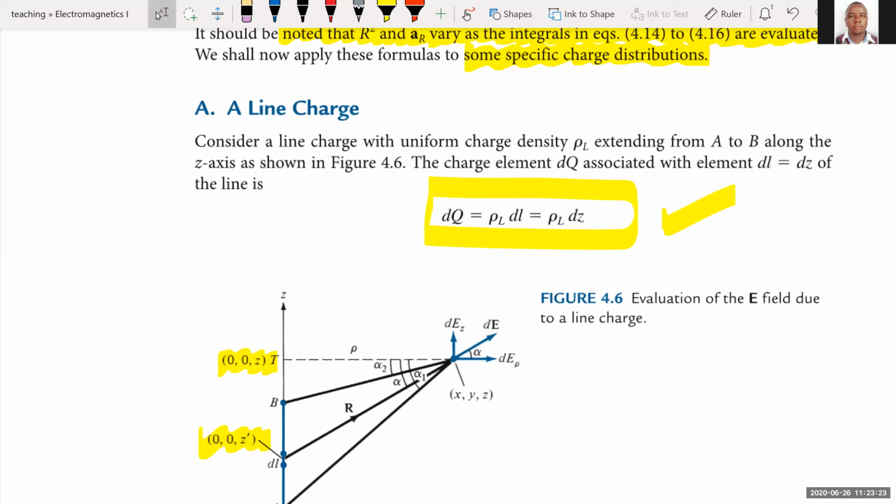Line charge. As I have said, we have dealt in the above discussion with general situations of what would happen if we have a charge distributed along a line, on a surface, or a volume. Now, we are going to discuss specifically what happens if you have a finite length line that has uniform charge distribution, or an infinite line that has charge distribution. And as you can see on figure 4.6,